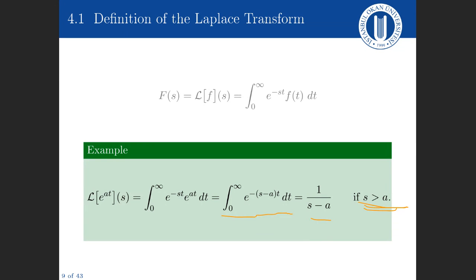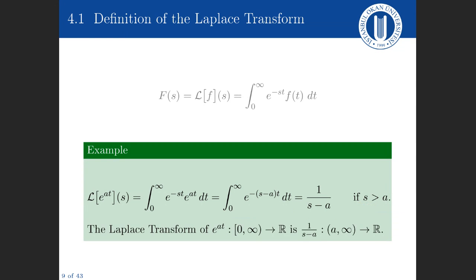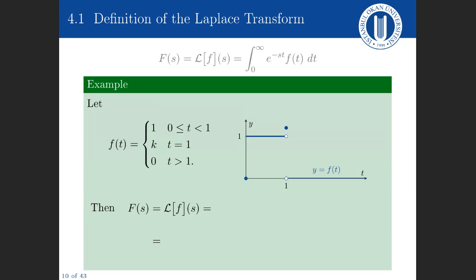Let's do another one. Let's suppose we have a function like this. My function is defined. My graph is slightly wrong here. I'll have to fix this. This shouldn't be here. This dot should be just here. It doesn't matter. Let's suppose we have a function which is defined to be equal to 1 if t is